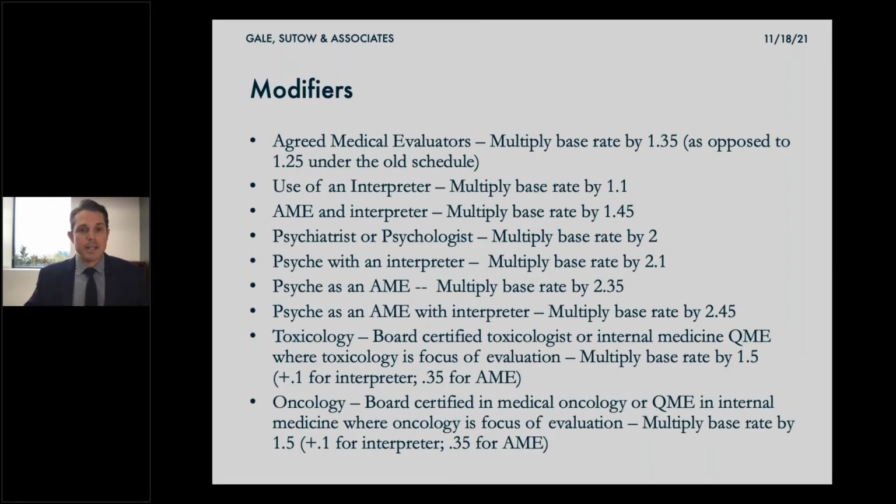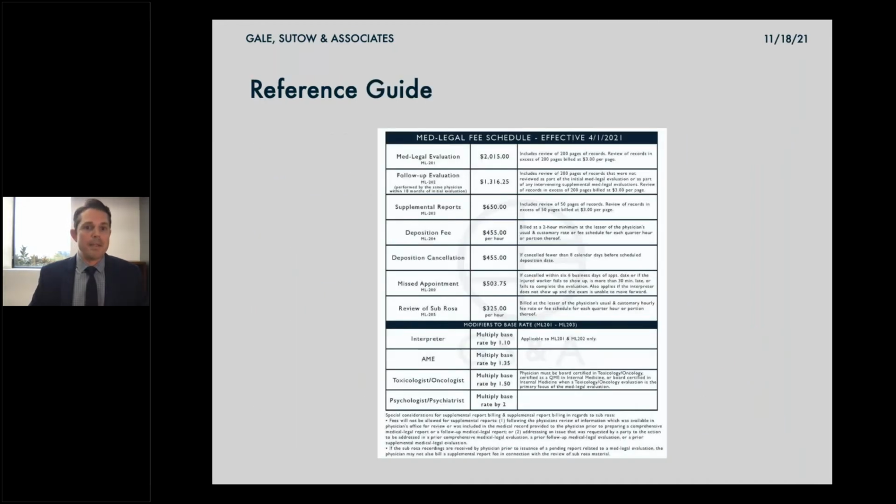As I mentioned in the beginning of the presentation, you can see here in the first bullet point, the agreed medical evaluator price increase went up by another 10%. So it was 25% more than a QME evaluation. Now it's 35%. And you're actually going to be getting a copy of this reference guide so that you can look quickly to see what the increases were and what the base prices for some of these things are. So I am now going to turn it over to Leigh, who will be taking you through the rest. Leigh?